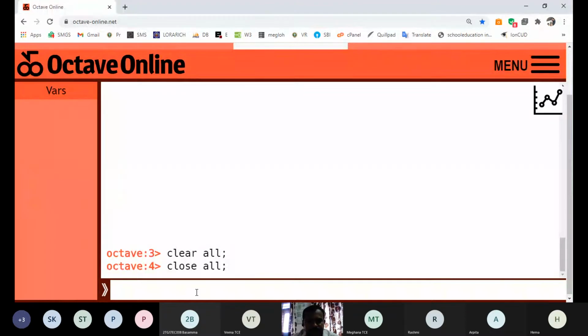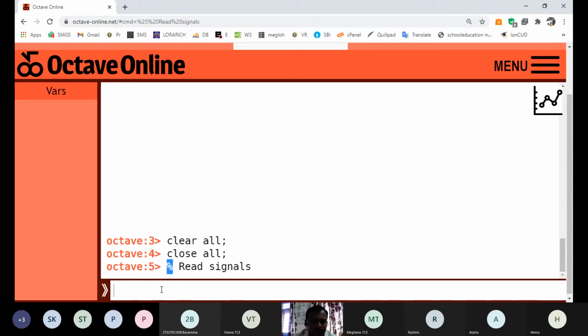So let me read all the three signals first. Using this statement, what is the next task? It is read signals. As you all know, the percentage symbol is used for declaring a statement as a comment line. Then to read a signal, I'm storing it in a variable. The code is x equal to read three signals, x, y and z of n.